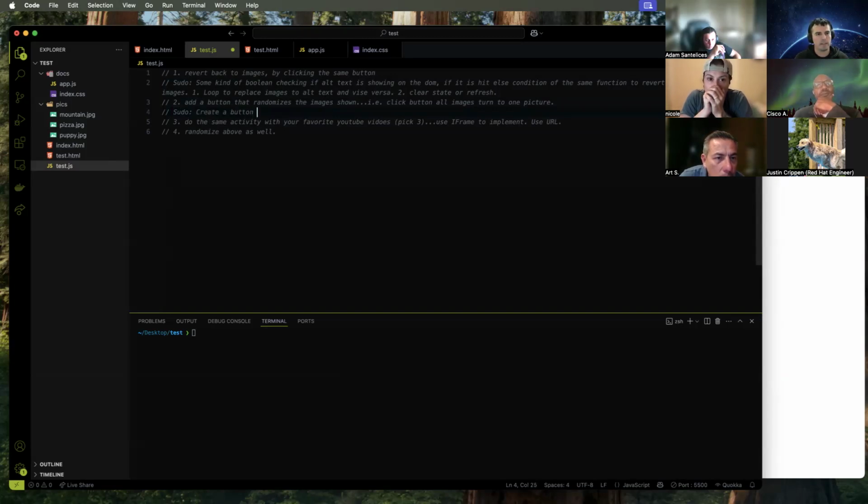create a button that picks the first image in the list and makes all the pictures that one. Once you have that, then just randomize the list on button click